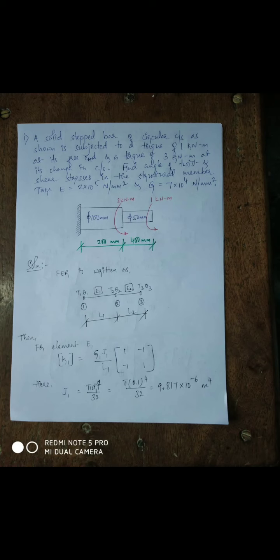The meaning of my just said sentence is, convert the value of G from Newton per mm square to Newton per meter square by doing suitable modification. Convert the values of diameters 100 mm and 50 mm to meters. Then you substitute in the formula, as well as the values of the lengths of the elements 200 mm and 400 mm. You also convert them into meters. Then you substitute in the relevant formula and proceed with the calculation.